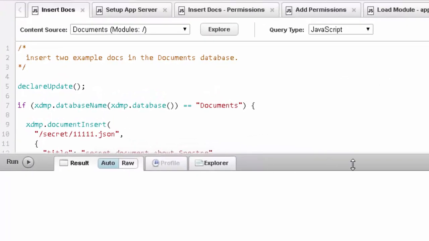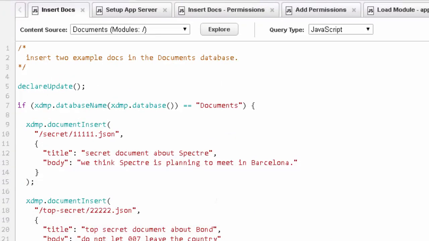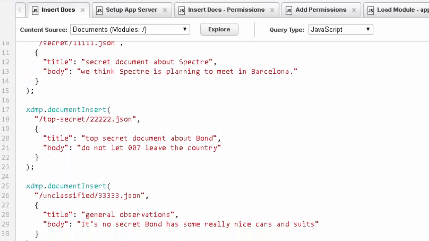The first thing we're going to do in order to experiment with permissions is insert a few documents into a database. We're just going to use the documents database that gets created by default when you initialize your host. And we're going to use a simple server-side JavaScript bit of code that's going to use the document insert function to place a few documents into the database. So when we run this code,